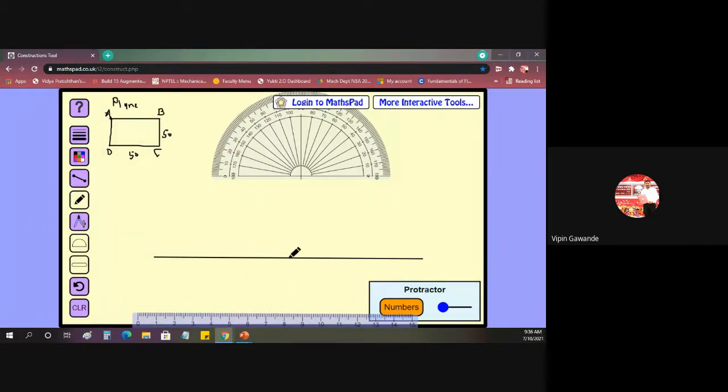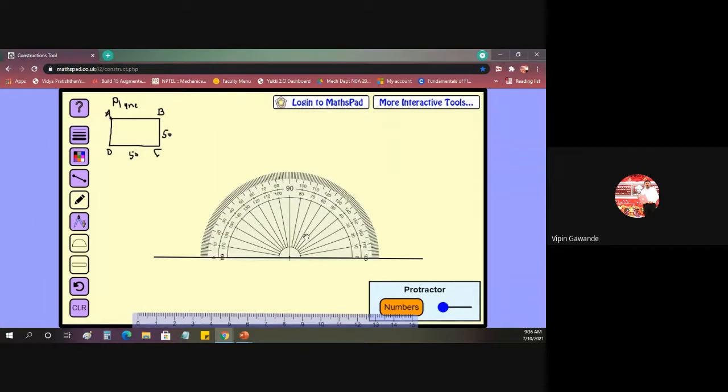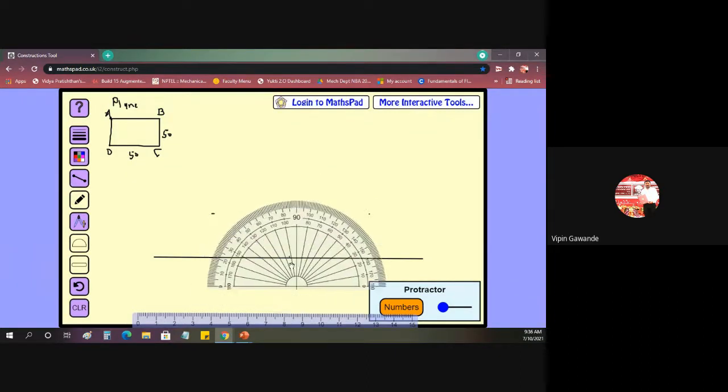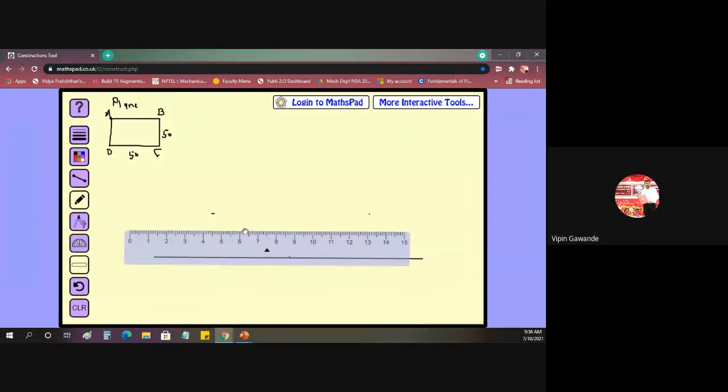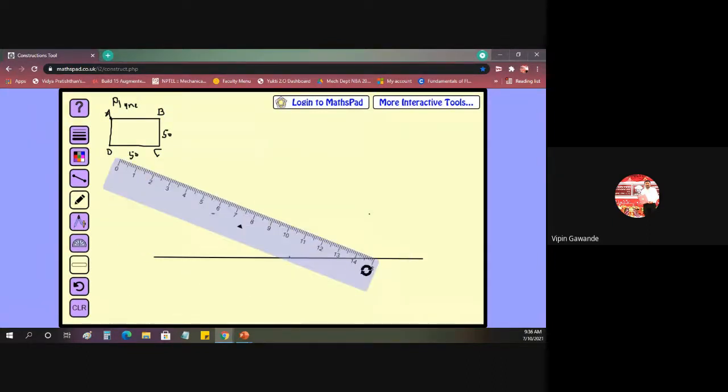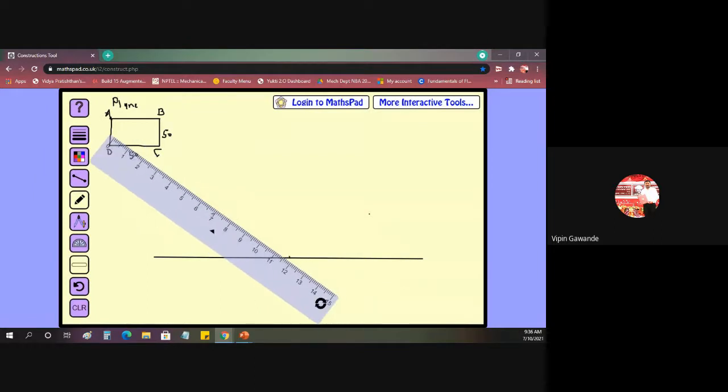Then I'm taking some reference here, and I will put my protractor here. Then I will mark 30 degrees here and 30 degrees here. And then you draw the inclined lines like this. This procedure we have to follow for all the problems of isometric projections.